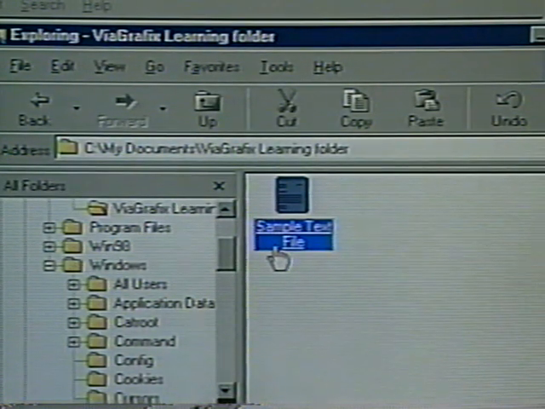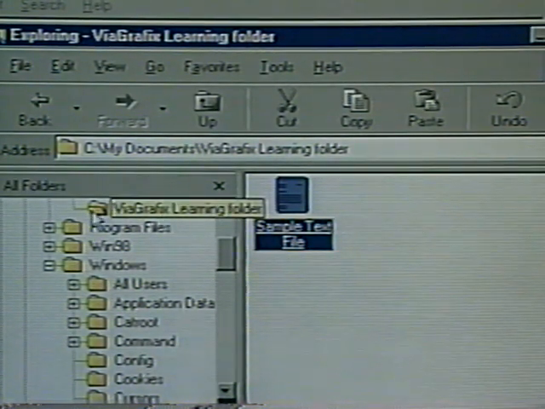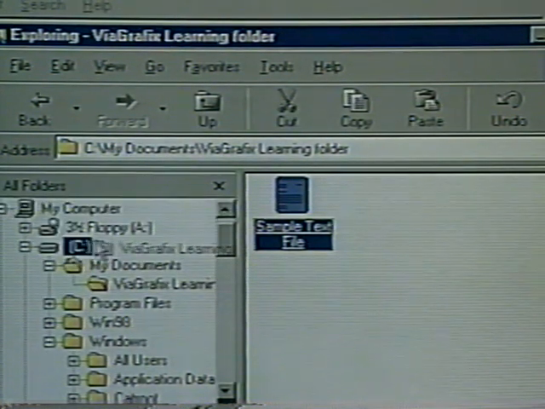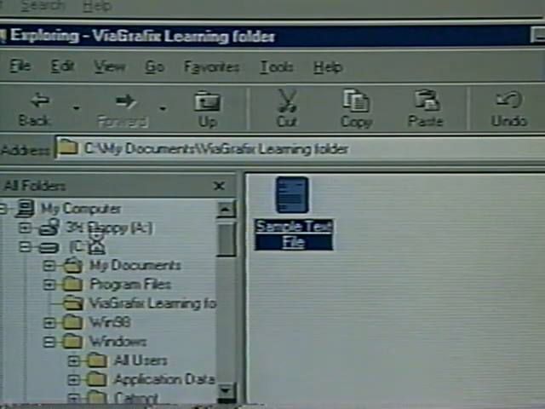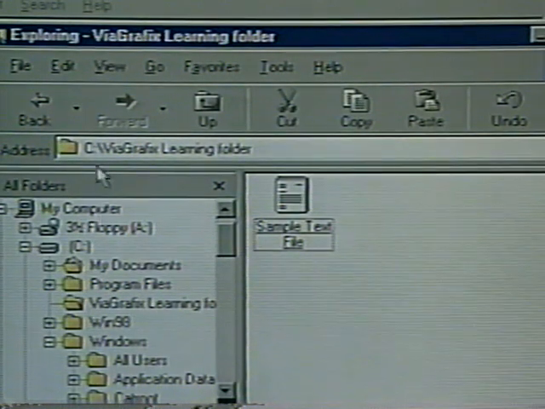We're progressing well, but we don't want our ViaGrafix folder listed below My Documents. Moving it is easy. We focus on the left side of the window. Place the pointer over the ViaGrafix Learn folder, then drag it up to the C drive. Once the folder appears over the C drive, we release the mouse. The ViaGrafix Learn folder is now placed in alphabetical order under the C drive and no longer a part of